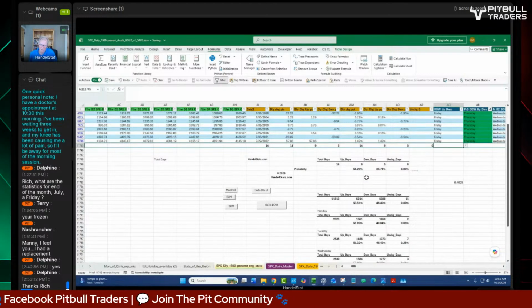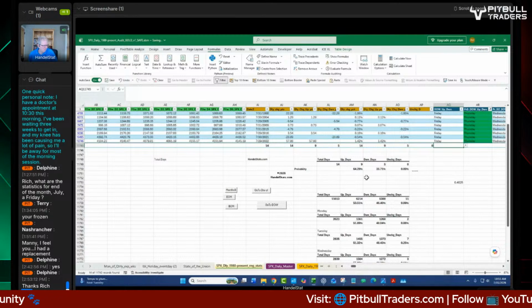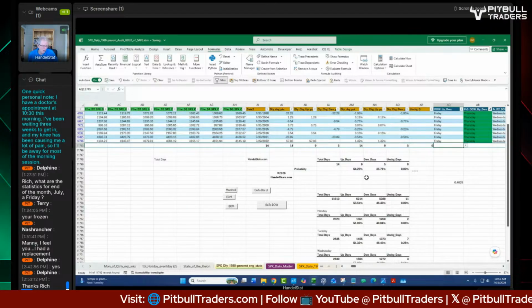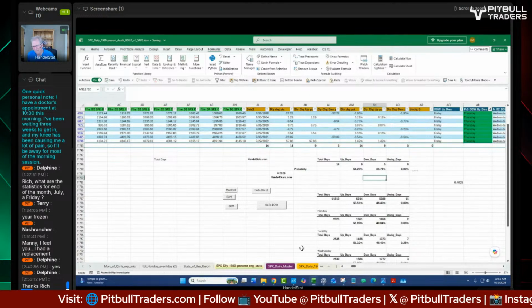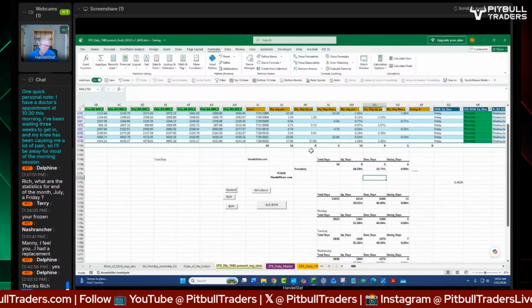When the prior day was positive, that happened 14 times. Changes it slightly to being positive, but there are other things that I can look at too, like to see where we are in the year, like if we're up or down in the year. It makes a difference. So, but I just filter this stuff in here, and